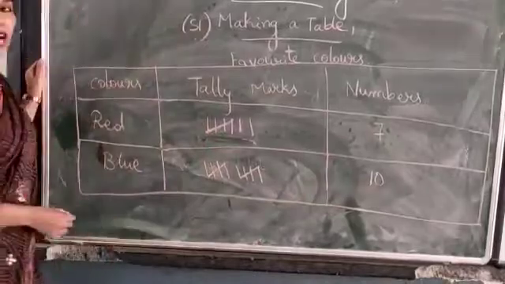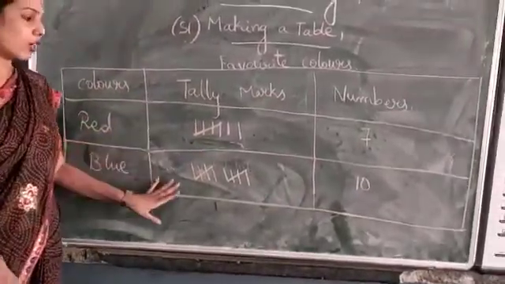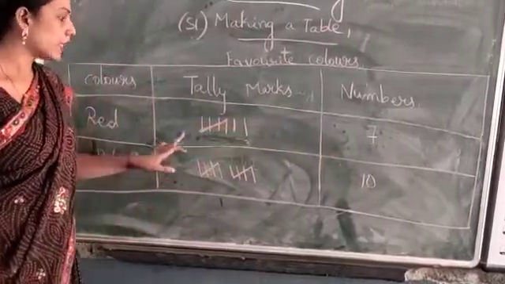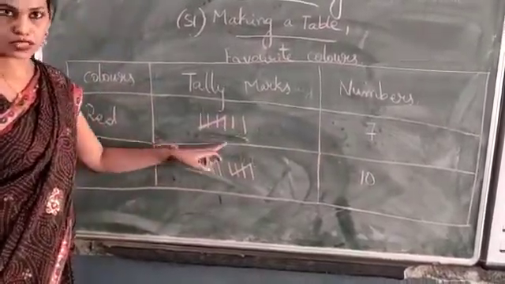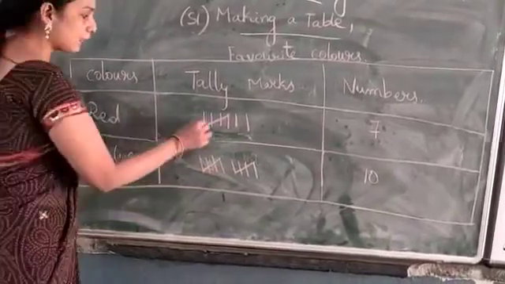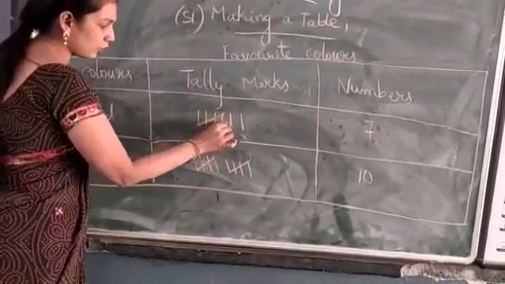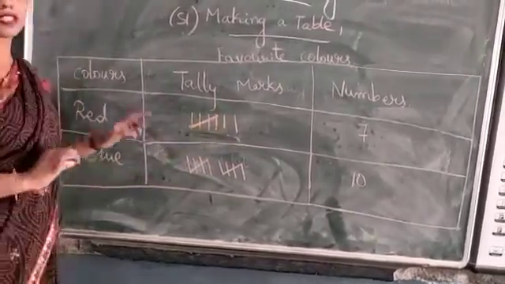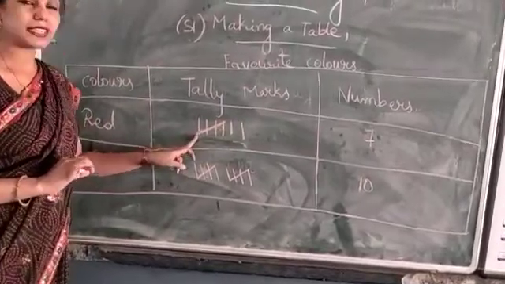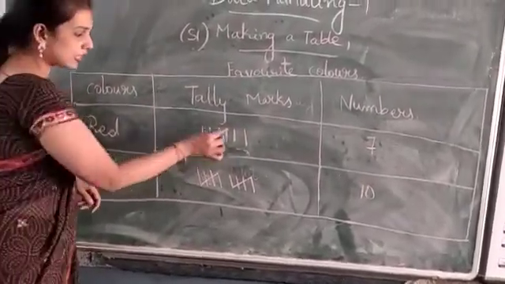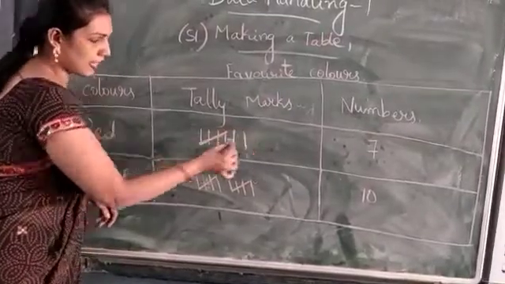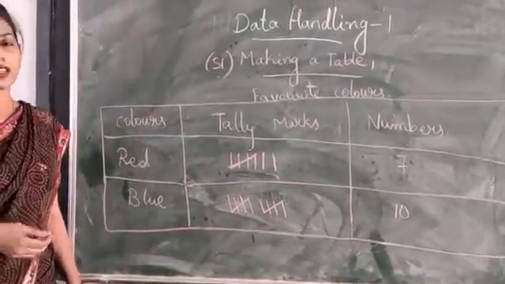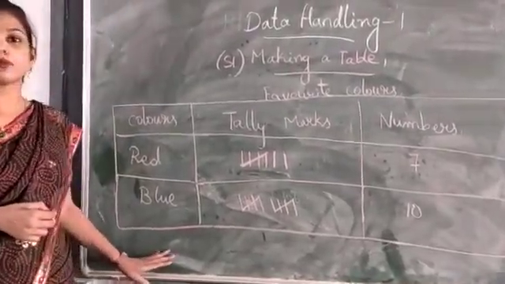So, got it, children, how to make the slanting line? Just see how many members there are. First we say the count, and according to that we draw the standing lines. After 4, 1, 2, 3, 4, we cut those first 4. What we are cutting is also counted. So, this is 5, 6 and 7. Right, children? We make tally marks in this way. I hope you understood how to mark the tally marks.